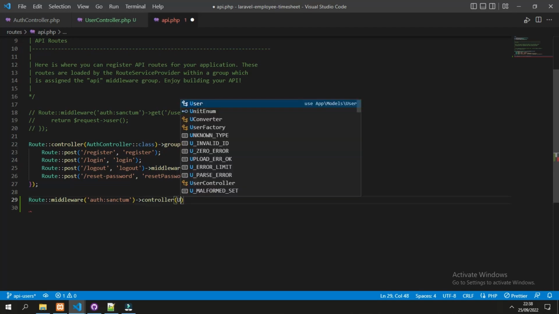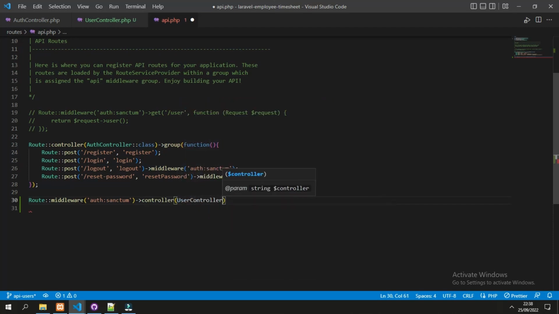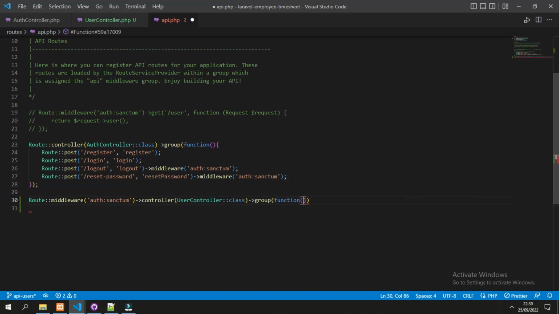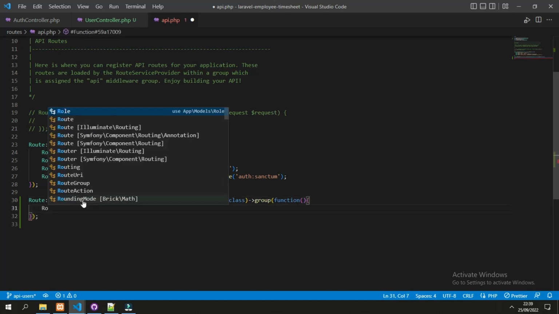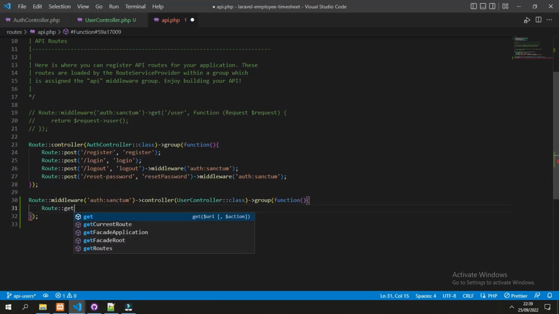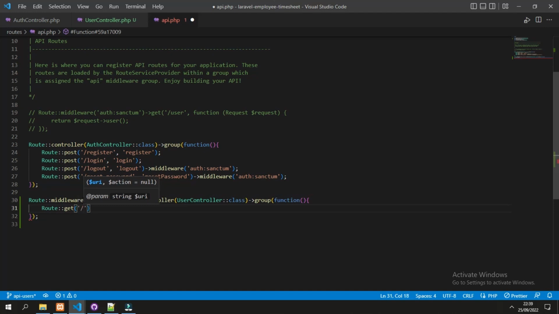Controller, we specify the name, and group it. The first would be index. It is a GET operation with the URL of users and with the function of index.